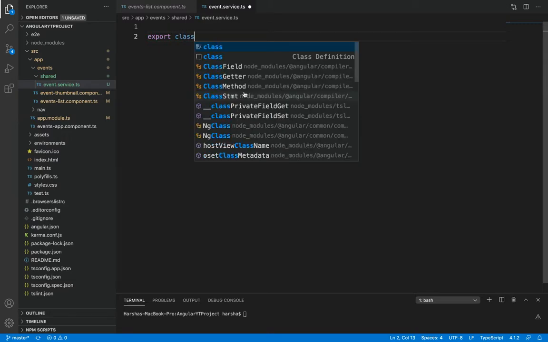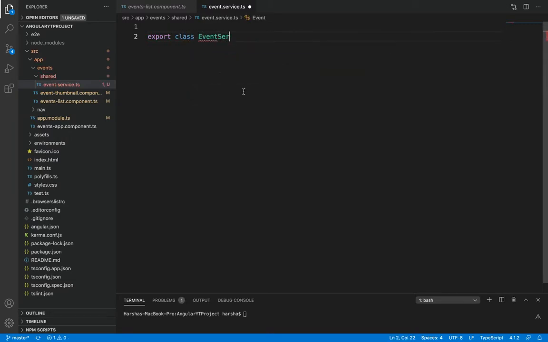Let's define that now. Export class EventService. This event service should define a function in such a way that whenever we inject this service inside any component, this function will get called inside that.